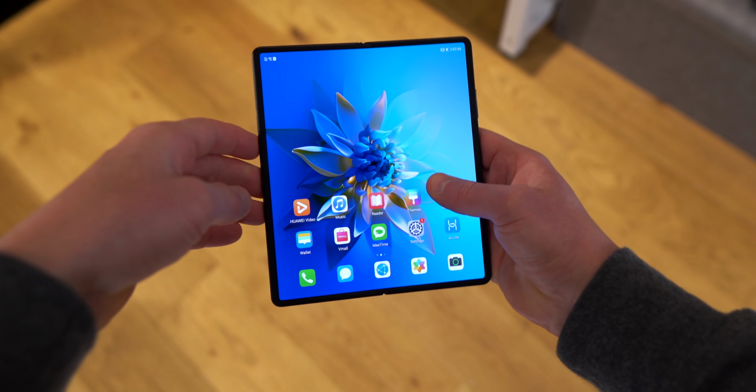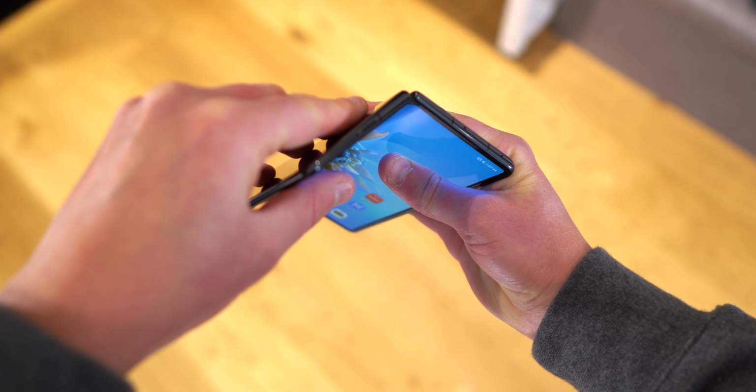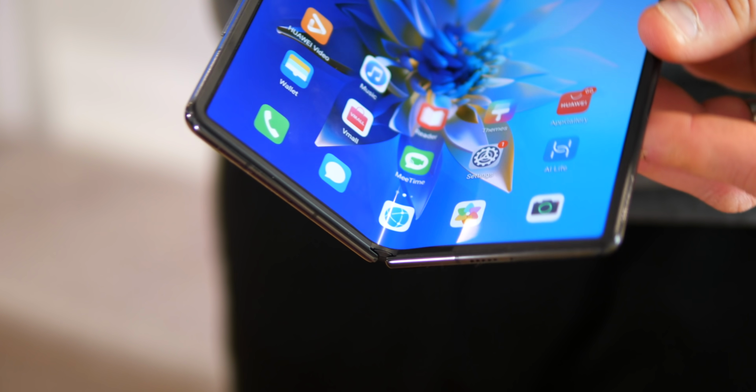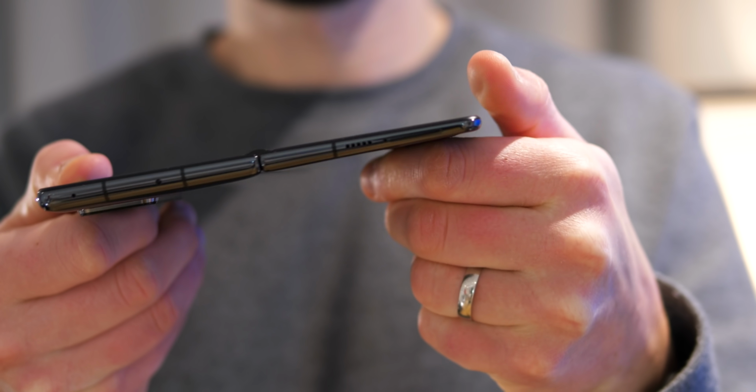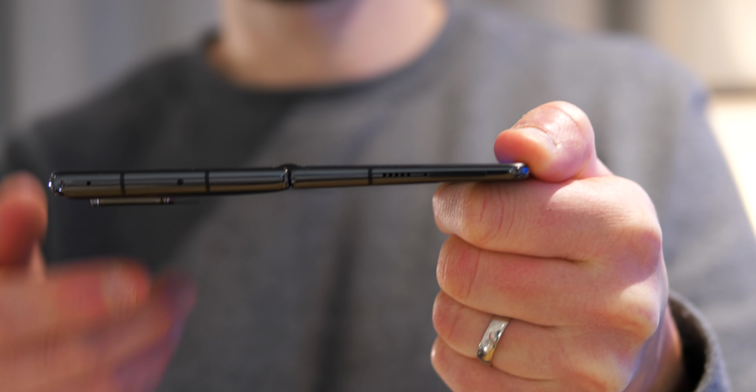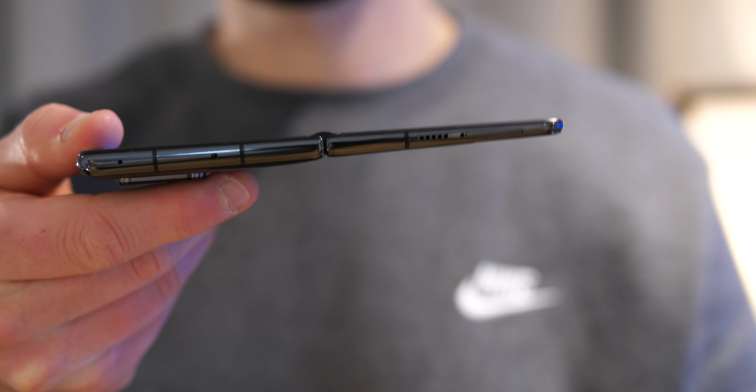You can see it, but it certainly doesn't take away from the experience, and the hinge is really spot on. It feels really nice and durable, a real hefty clamp to it, very secure. Good job. Now you may have noticed so far that when it's actually folded outwards, there's an angular design to it where the left-hand side, as you look at it, is actually ever so slightly thinner,